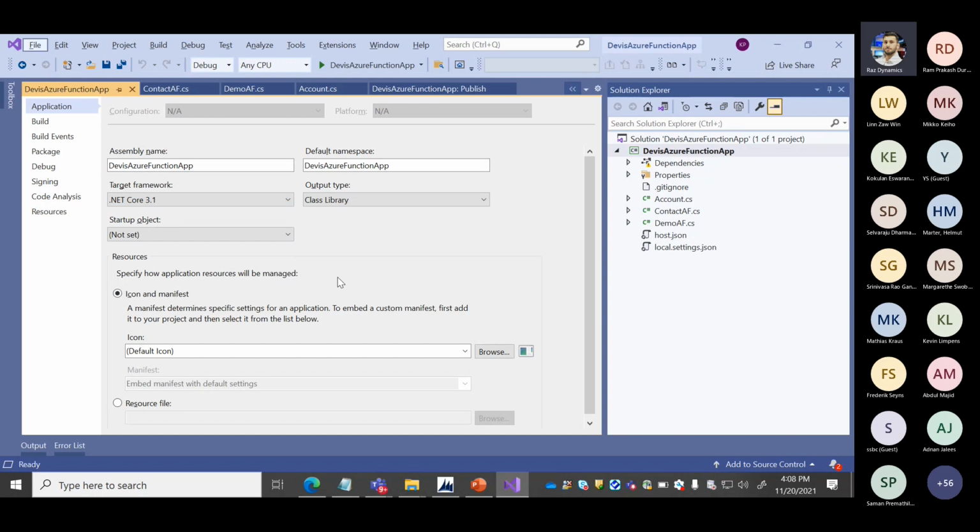And Rams also mentioned that both need not be the same framework. We can use the function app with the default framework available in Azure. We can use any framework in VS while publishing. Okay, next